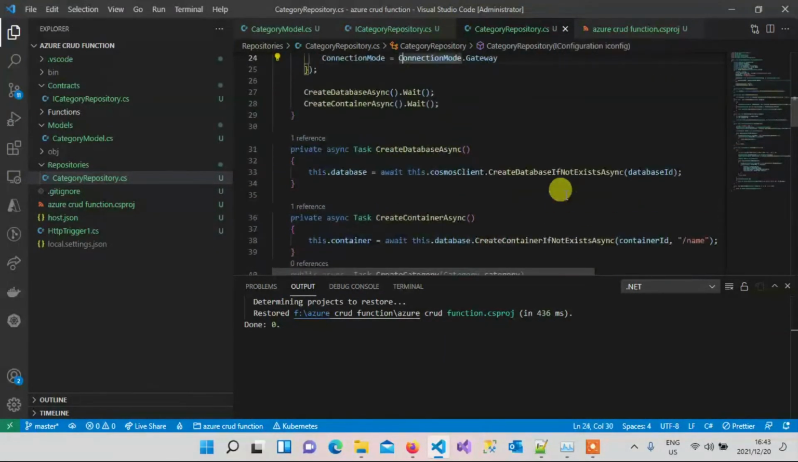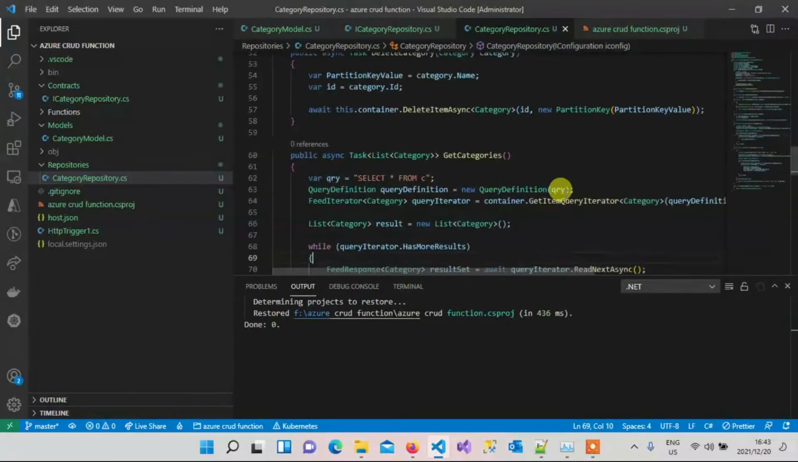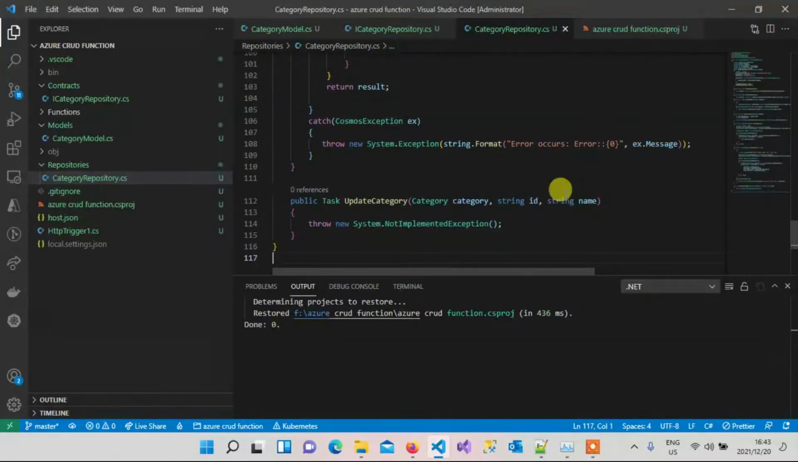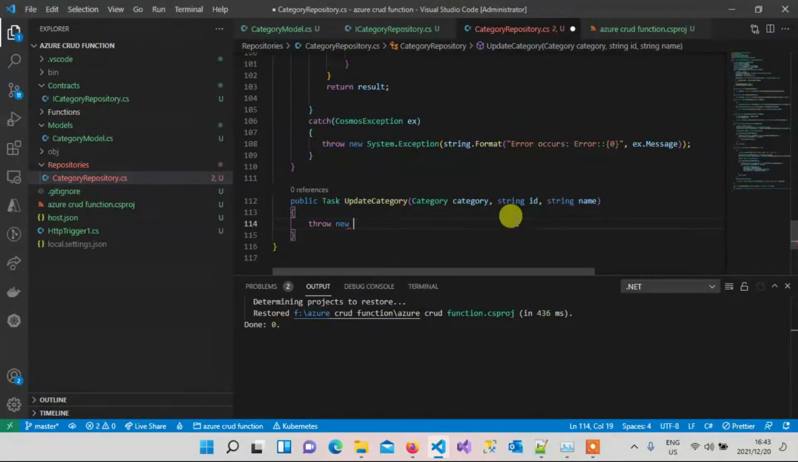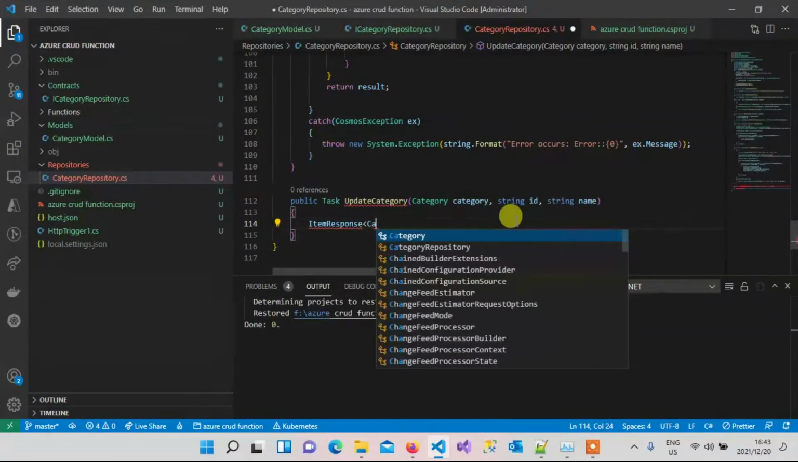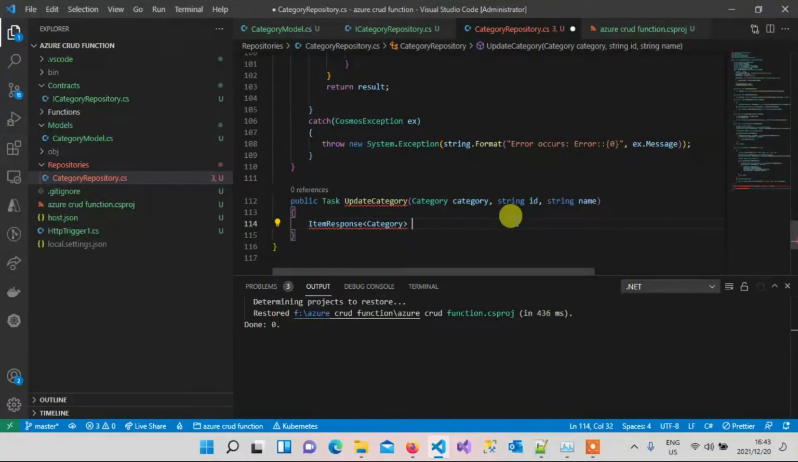Update. So let's see what our update is. On our update, for the update, the first thing that we're gonna do is read an item that we need to update. So we're gonna use the item response of a category. Then I'm gonna put response